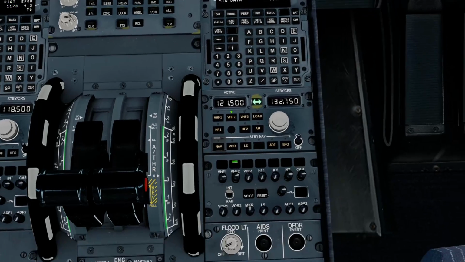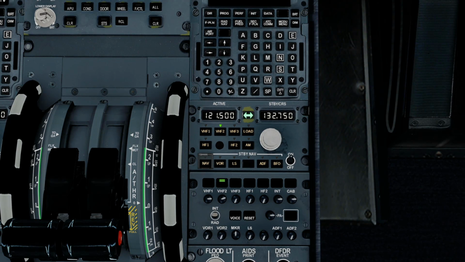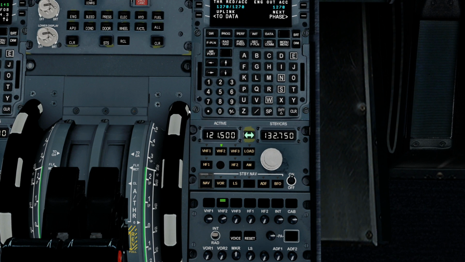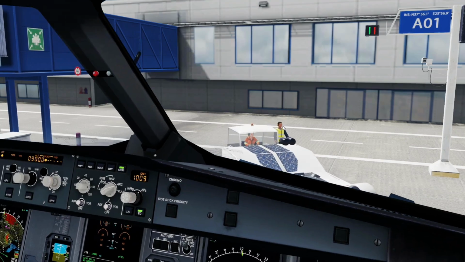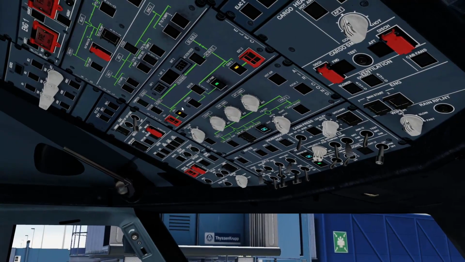If you remember from my tutorial for the FSLabs, or if you're an FSLabs flyer yourself, then you need to go and click interphone, then back to VHF, and that should bring up the GSX menu, and that will give up the boarding page. Just click yes to boarding, not boarding, pushback I mean, and here comes the pushback tug. Beacon light can go on, and